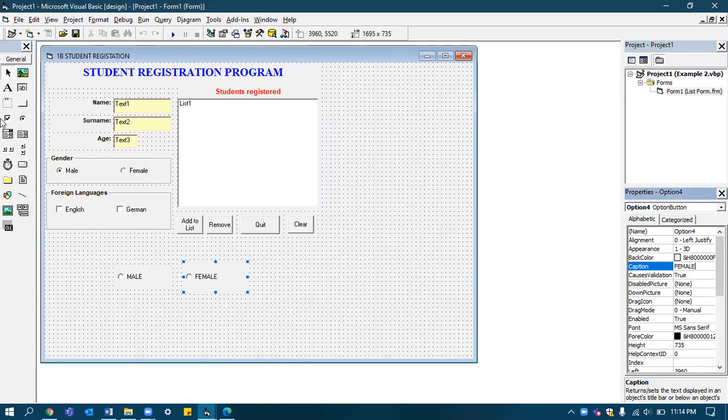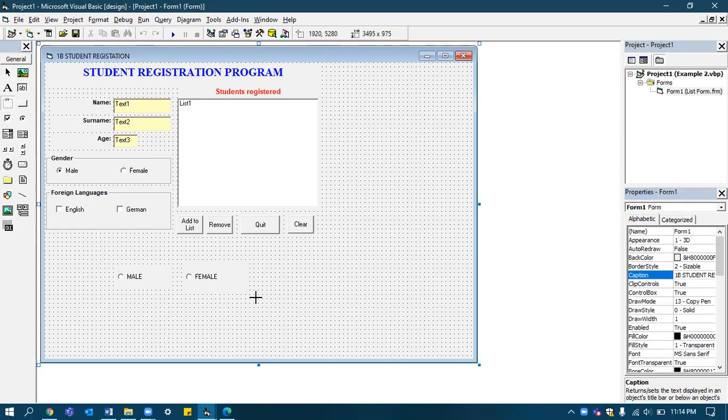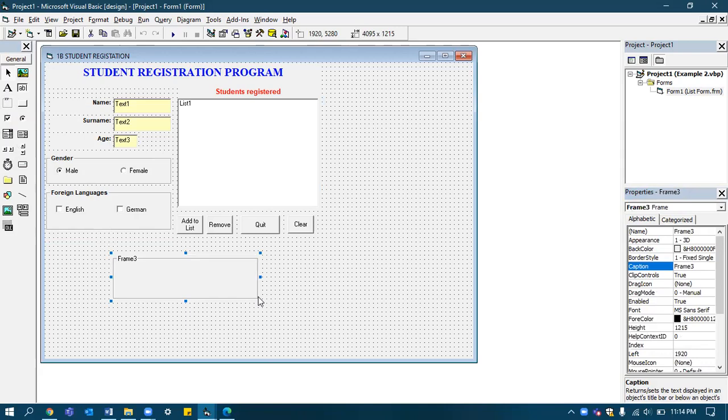Then I am using a frame. This one, the XY will be there. It acts as a square area for this particular concept, the frame. So here I change my frame name to gender, in the caption, not the name. Okay, caption changed to gender. You could observe the gender name is there. If you want, you can make it bold and so on.